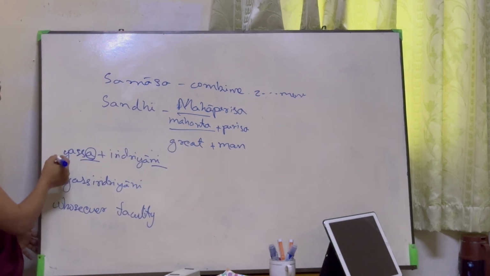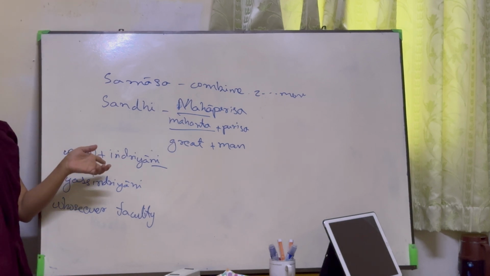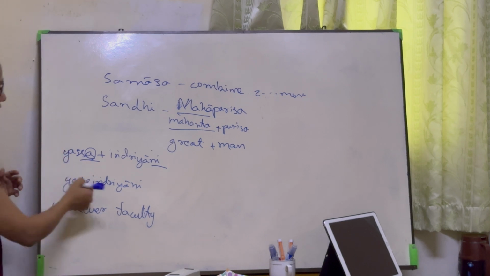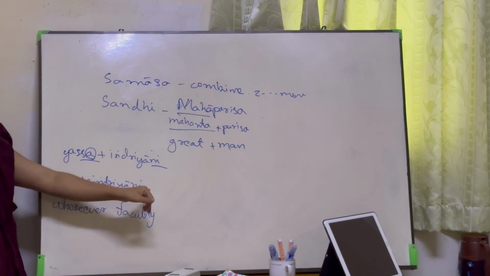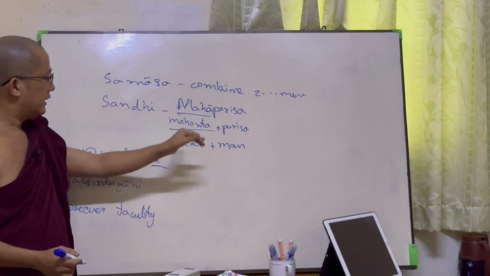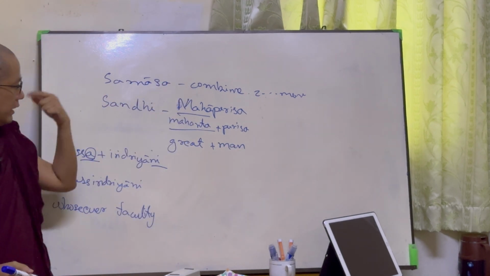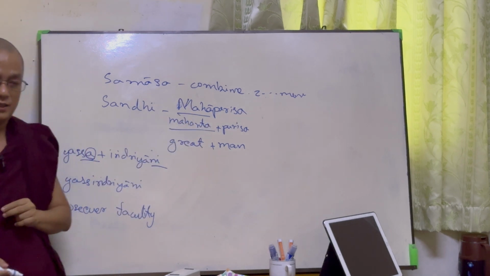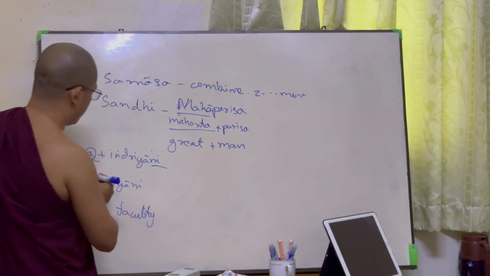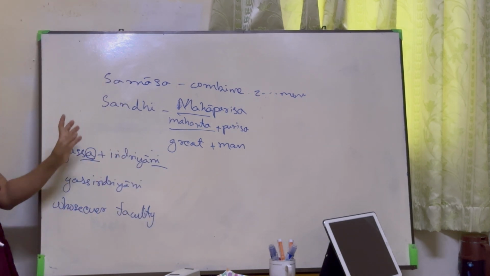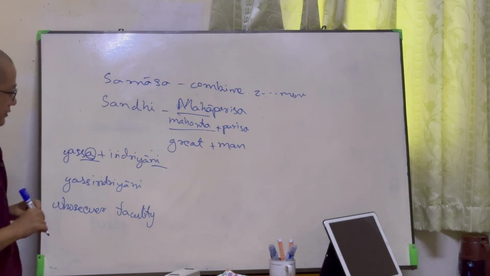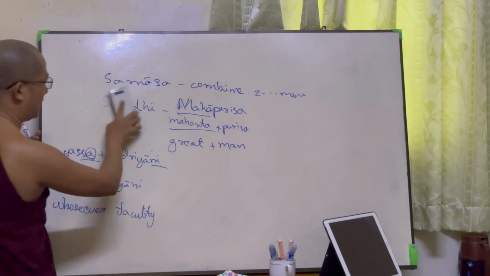The purpose of the Sandhi is only to make it easy to recite. Yes, Indriyani, we need to pronounce for a long time. Yes, Indriyani is easy to pronounce by combining with the Sandhi method. Samāsa is easy to pronounce and combines the meaning as well. We combine it. Therefore, the Samāsa combination method and the Sandhi combination method are not the same. Okay, this is the combination method.